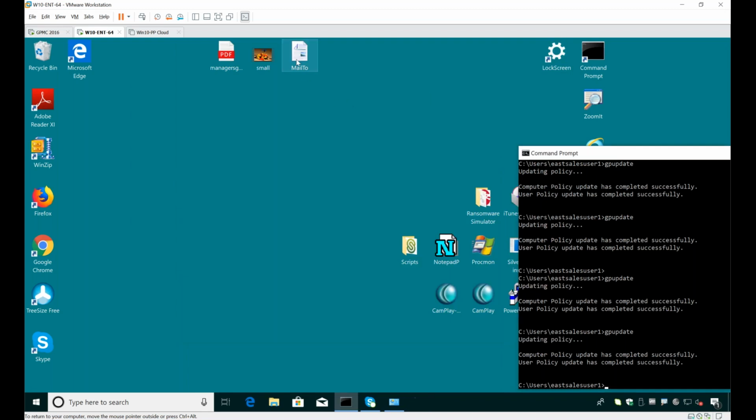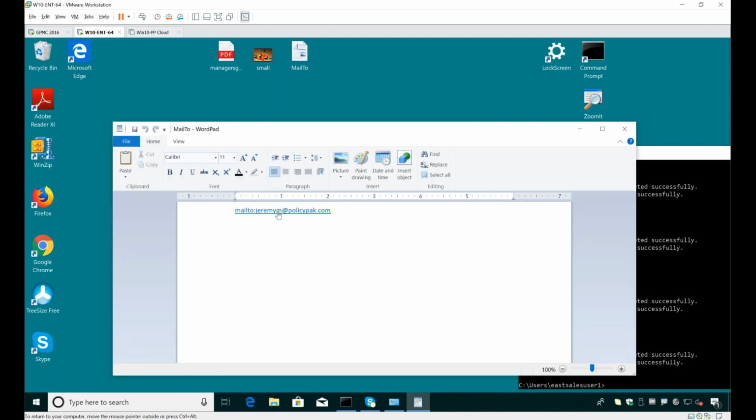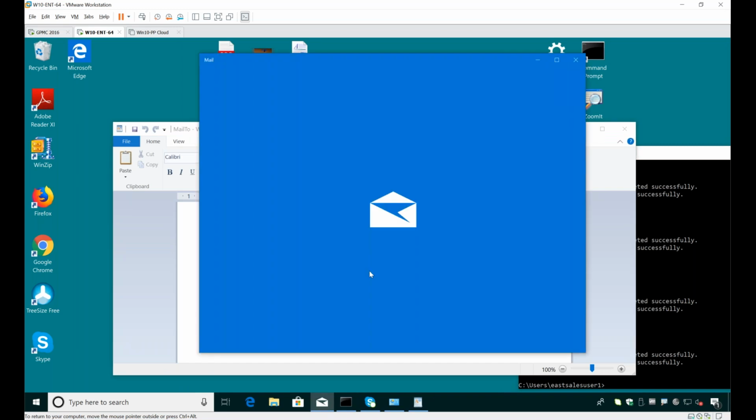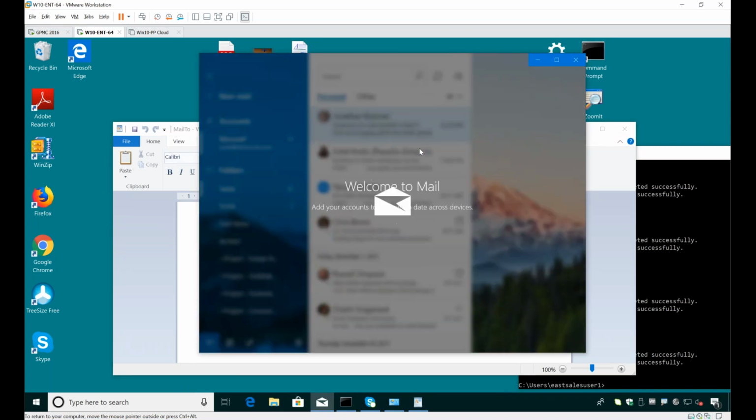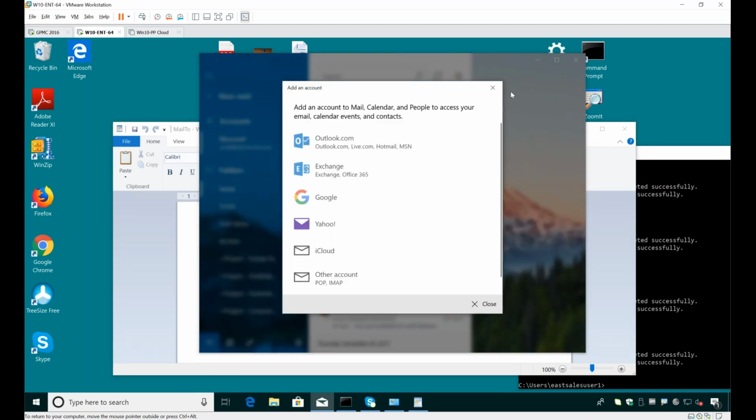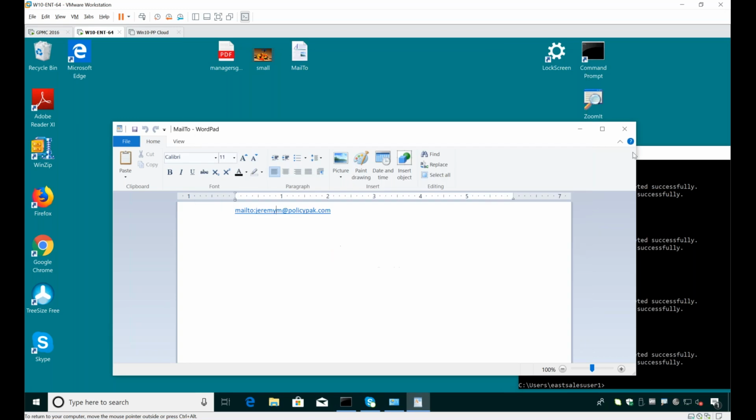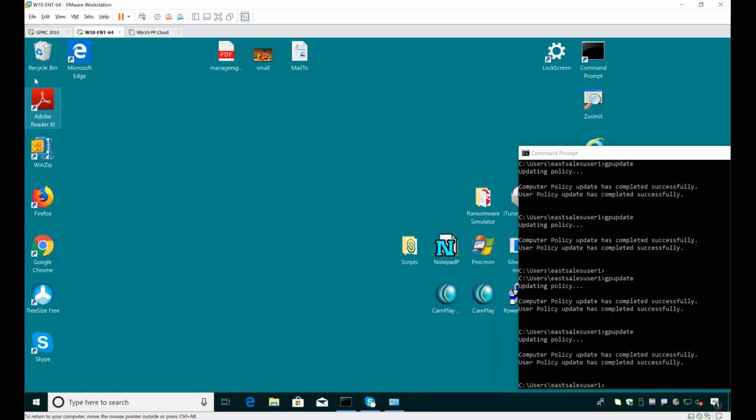Okay, wait, let me get this straight. You love it that when you click on a mailto link in your application, it opens up Windows crappy mail instead of your Outlook. You love that, right? Okay, so long story short, you hate that stuff. You want that buried to the bottom of the ocean. And if you change your mind, you don't want to have to figure this all out yet another time.